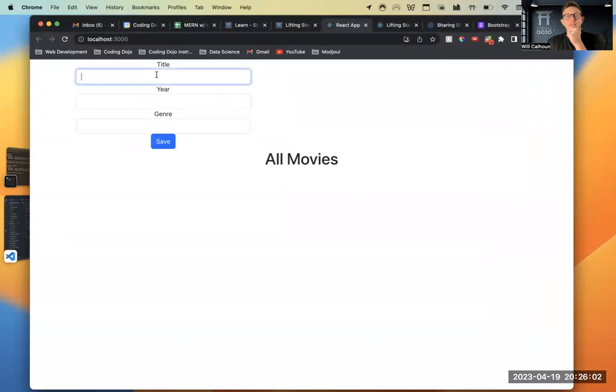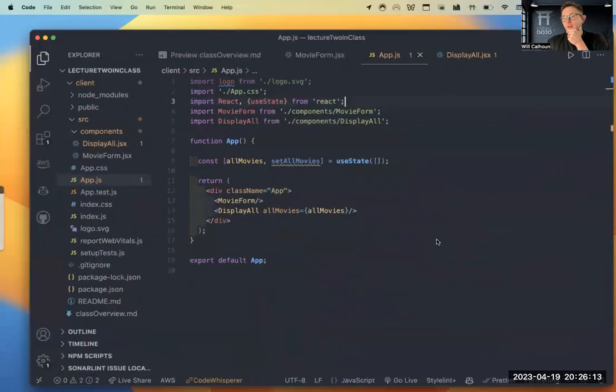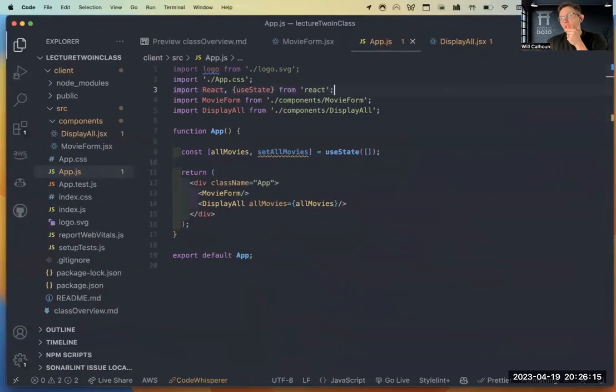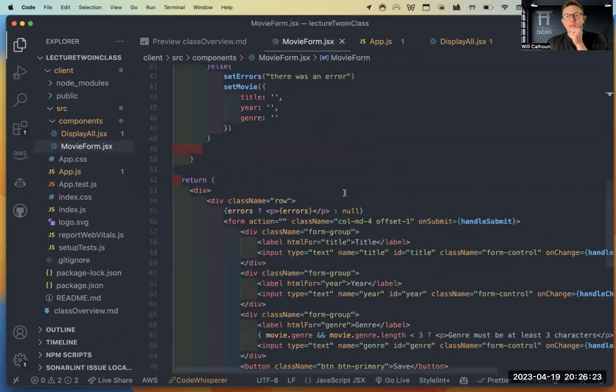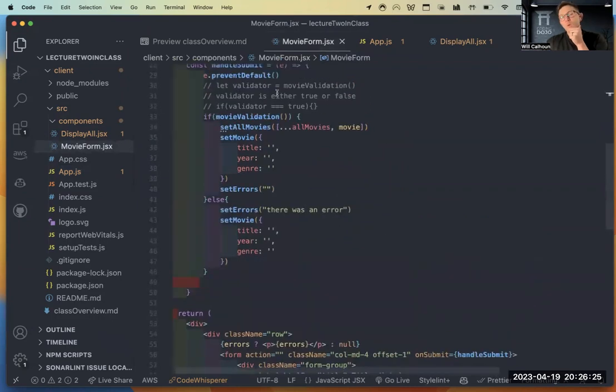So now, it's not going to work yet because I am able to see that I have my display showing, right? Now somebody brought in, well, how am I going to add in my form? Because now my set all movies is up here, right? So how the heck are we going to access it here? Well, we can do the same thing. And you can even kind of see that there's could not find this.